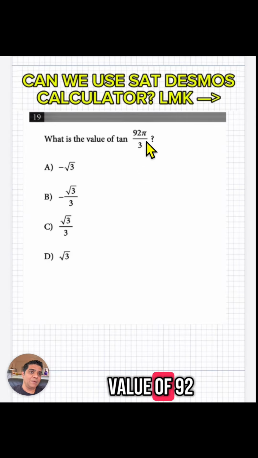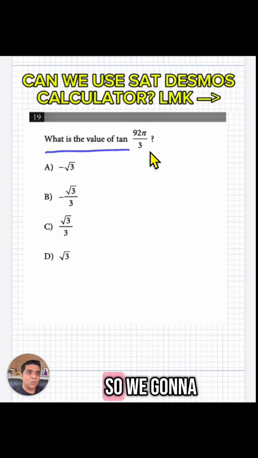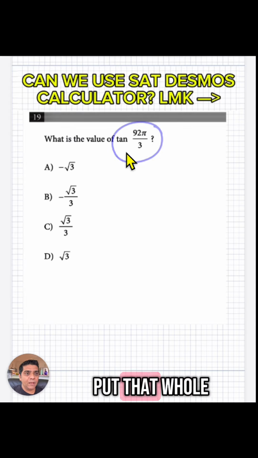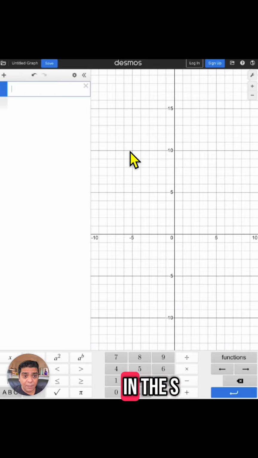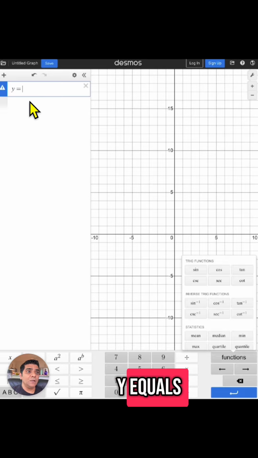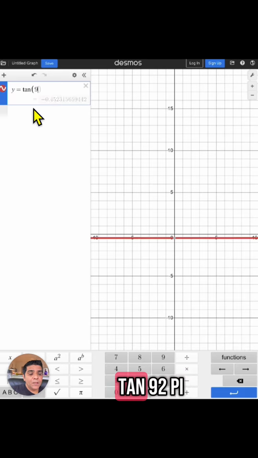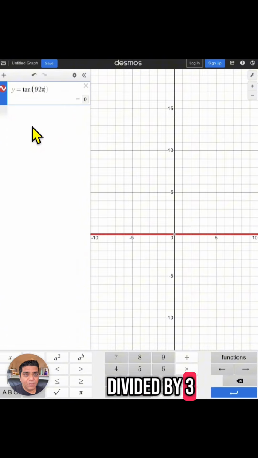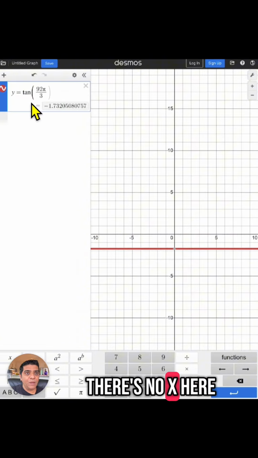So what's the value of tan 92 pi by 3? So we're going to take a look at that. I'm going to put that whole thing into the DESMOS calculator, which is inbuilt in the SAT, as you know, but we do it in this way. Y equals tan 92 pi divided by 3. So we write it as a function, but we know there's no x here, so this is going to be